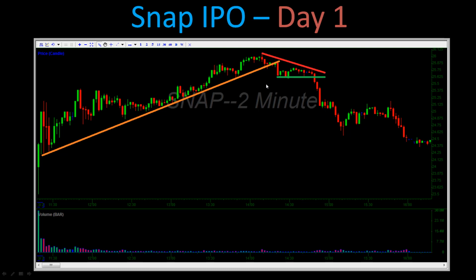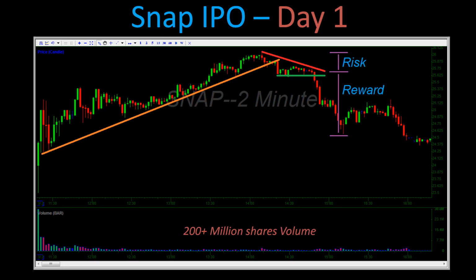And if it fails, at that point, that doesn't necessarily mean that you need to go all in, full size as to what you would typically trade. But at that point, you now have a risk that you can start to scale based off of. And that gives you sort of an educated risk for the potential reward of a stock that just priced at 17. It went straight up. It's way overvalued. Everybody's got an opinion on it. But again, the volume, 200 million shares. This is a